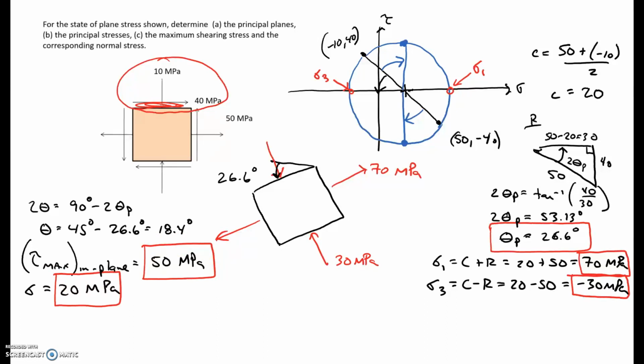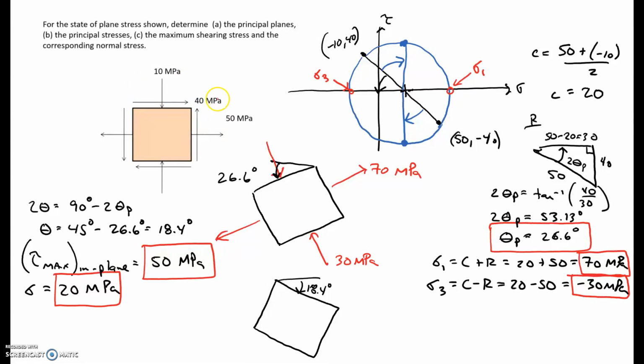If I want to look at the rotated element like we did with the principal stresses, then instead of rotating the element counterclockwise, I'm going to rotate it clockwise. And when I rotate it clockwise 18.4 degrees, then the shear stress ends up going to 50 megapascals. In order to determine the direction the shear stress is pointed on these different faces,